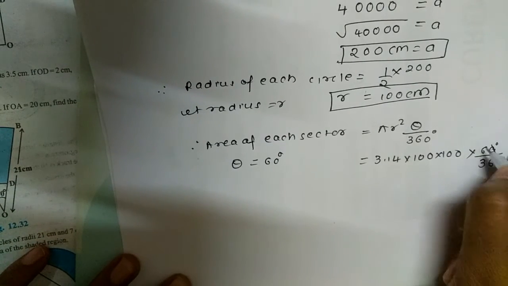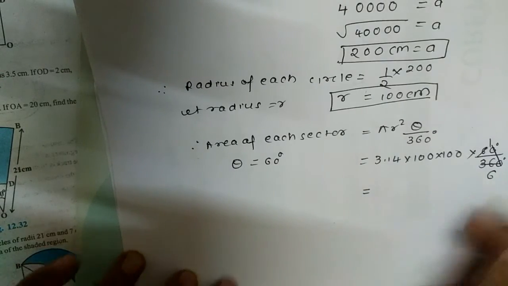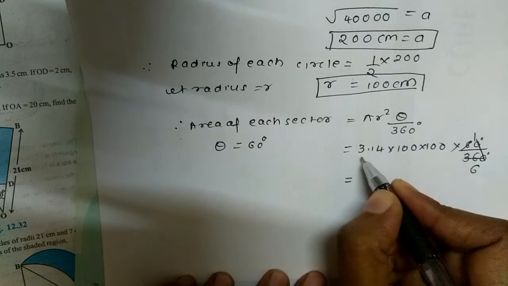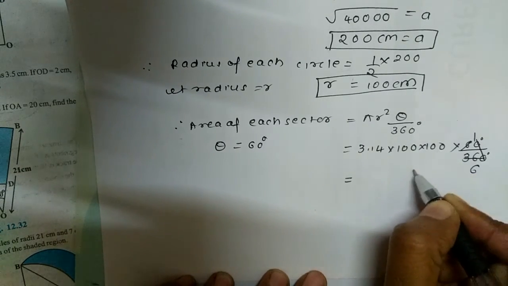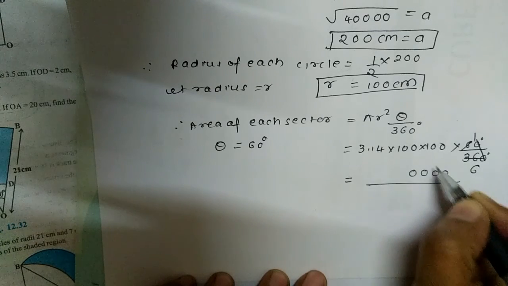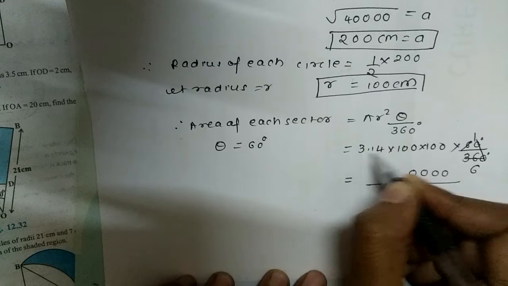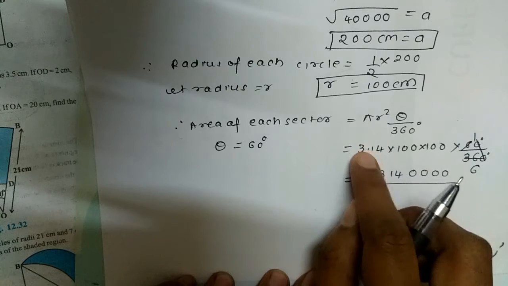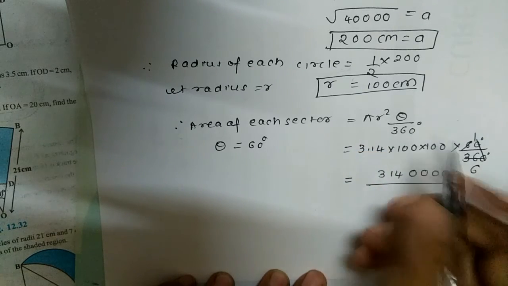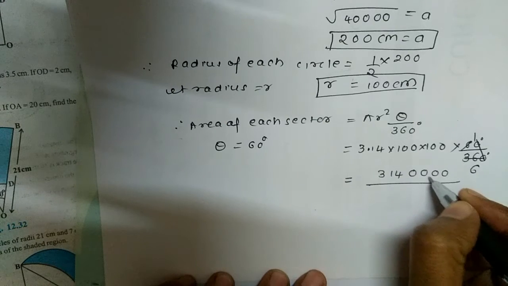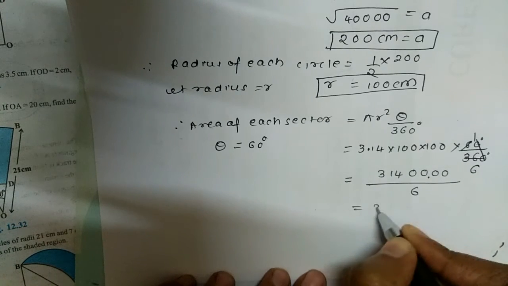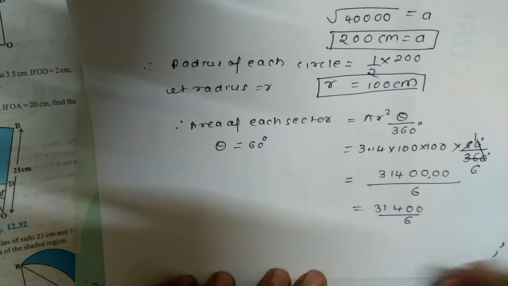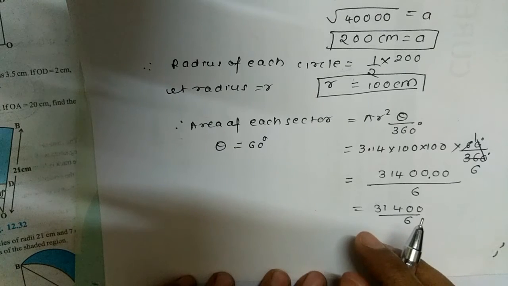So this cancels, 6 ones are 6, 6 sixes are 36. And here you can multiply further. Multiply all these, we have round figures, isn't it? So put 1 2 3 4 zeros in the numerator, and 1 into 1 is 1. 1 into 314: first do 314 and then put the decimal point. Think that there is 314 into 100 into 100, that will come like this, and after 2 digits from the right side, the 1 stands, so put the point here. Divide by 6. So 31400 divided by 6, because 0.0 means what? This is 31,400 divided by 6. This is the area of each sector.